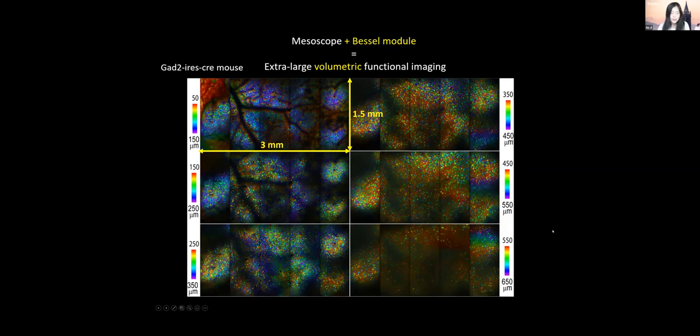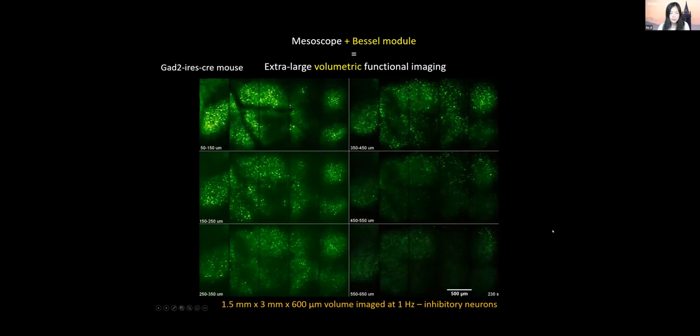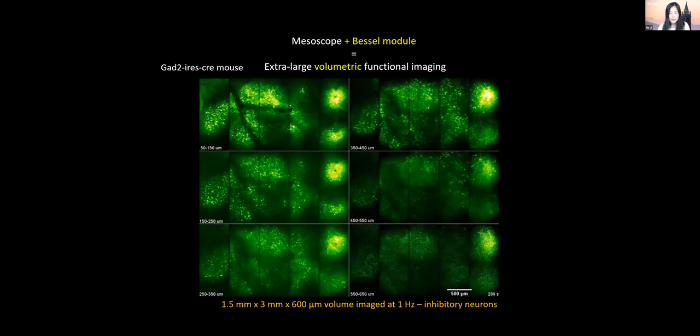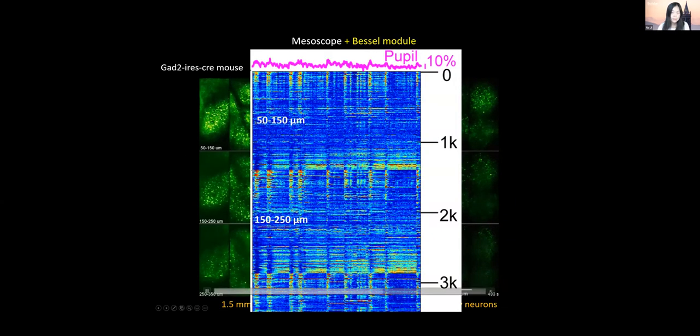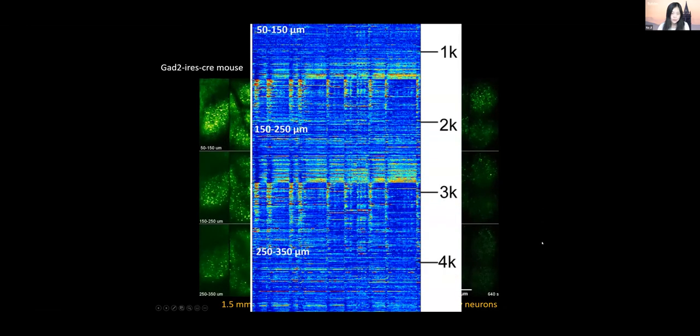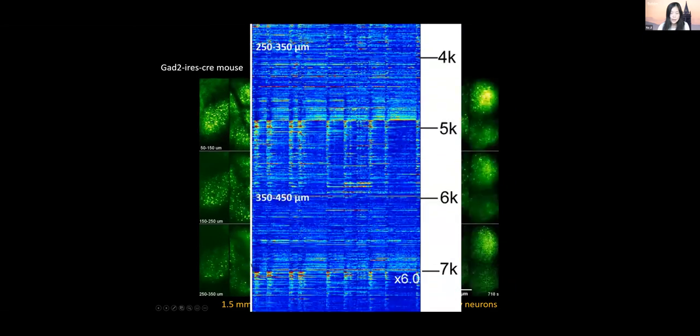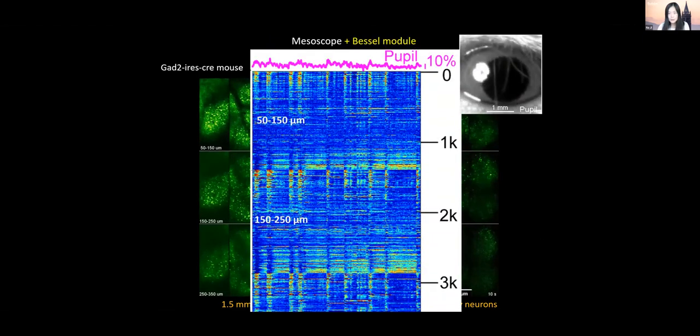With the basal beam, we can scan this volume and record their calcium activity simultaneously at about 1 volume per second. And we can then extract the calcium activity from this volume, and we acquired from almost 10,000 neurons simultaneously using this method. And at the same time as this measurement, we were also tracking the pupil diameter of the mouse